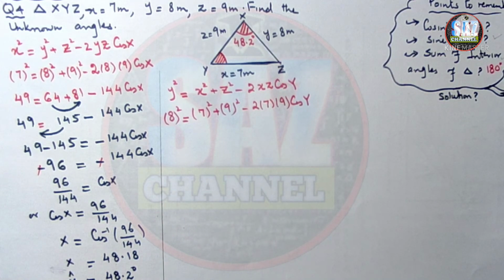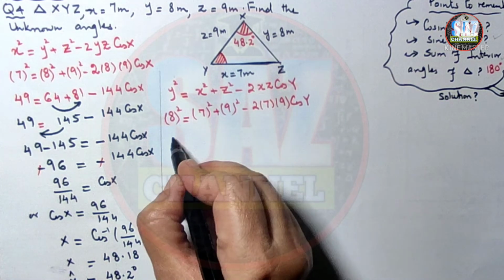Now the calculation part, 8 square is 64,